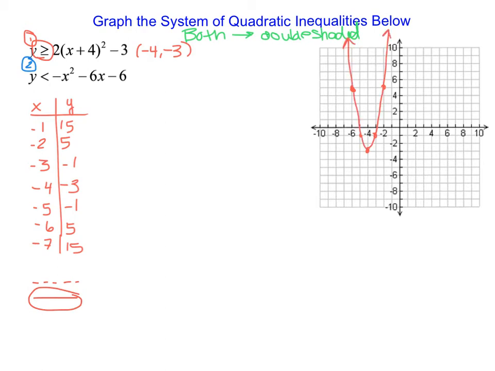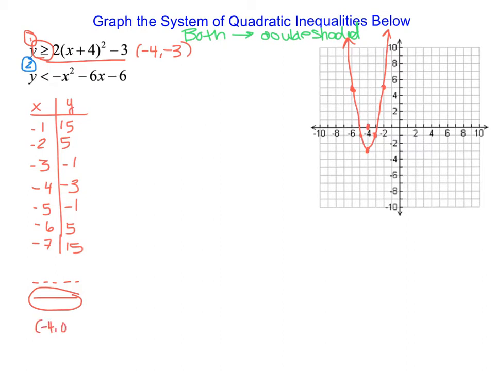And then from here, I have to determine which direction I'm going to shade. And remember, we determine that by picking an arbitrary point on the coordinate plane that is not on the line. And we determine whether or not that point works in this inequality. And if it does, we shade that direction. And if it doesn't, we shade the other direction. So for this particular one, I'm just going to choose the point x is negative 4